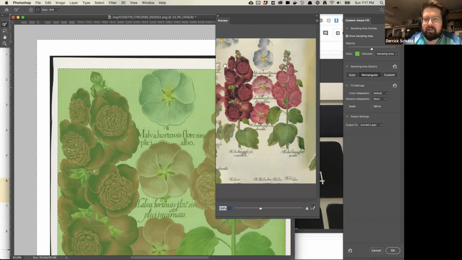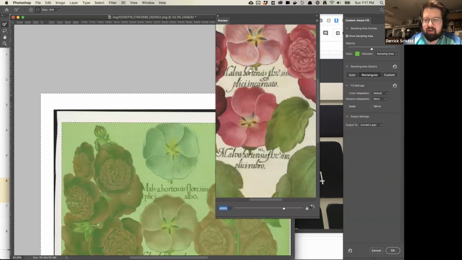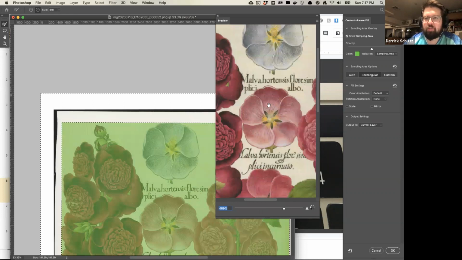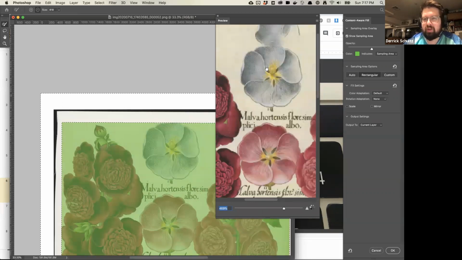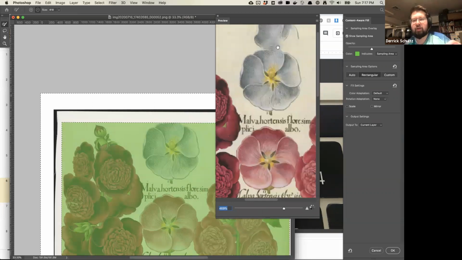But it does it in a way that's really nice, and you can't really tell. It's not just duplicating it like the stamp tool does, it's cleaning up things in a way that's a little bit nicer than that. So one thing to note is that you can actually do some editing of this. So let me just back out here a little bit.